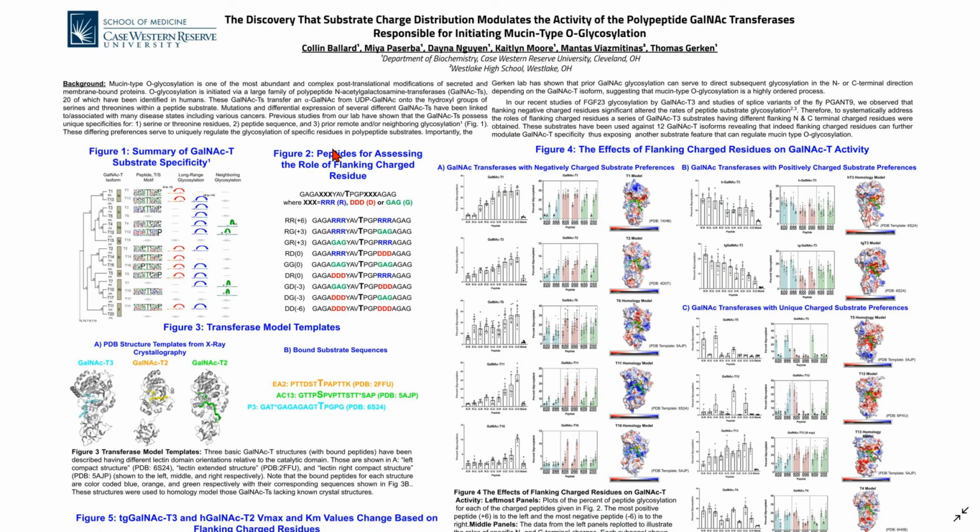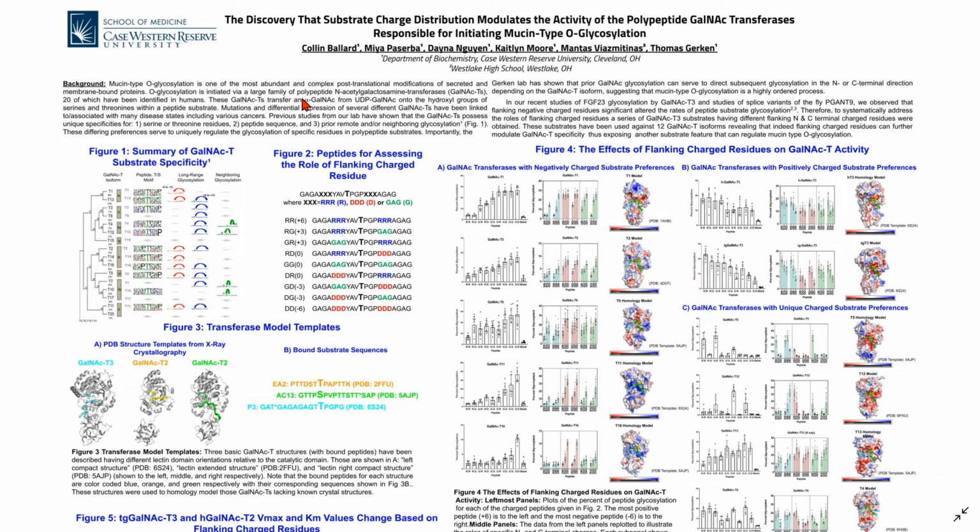I am a first-year PhD student at Case Western Reserve University, currently working in Dr. Thomas Gerken's lab. In our lab, we study the initiation and modulation of Mucin-Type O-Glycosylation, and today I'll be discussing to you about our discovery that substrate charge distribution modulates the activity of polypeptide GalNAc transferases responsible for initiating Mucin-Type